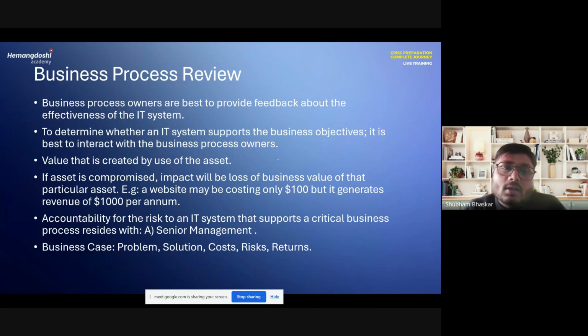Your data is there. Translate it into company. Let's say there's a web server, or a website, maybe an intranet website, or whatever website of a company. The website may cost only $100 to maintain per month, but it might be generating a revenue of $1,000 per month, right? So you cannot say, if this website stops working, the loss will be only $100. No, whenever you are calculating the value of an asset, think of how much business it is supporting,